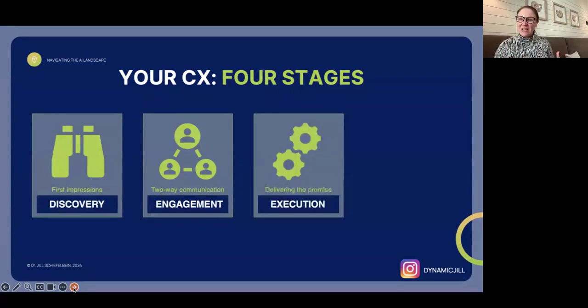The third stage is kind of that execution, the delivering on a promise. So for me in a consulting type speaking business, how I could use this for execution is if my client signed up for not only maybe a speech, but for dripped out learning throughout the year for the audience, now I can do this in a way that personalizes it based on their job role, based on their industry, based on their category, all based on the data that I have on each person who's getting sent the learning material.